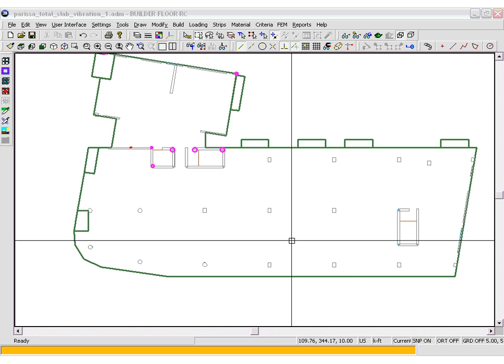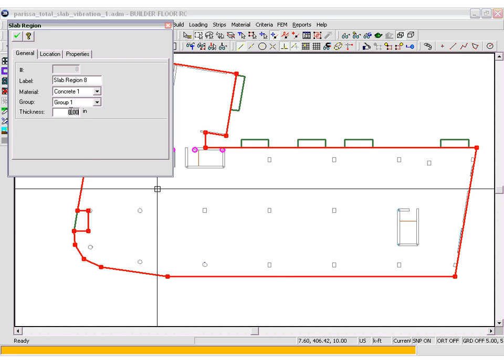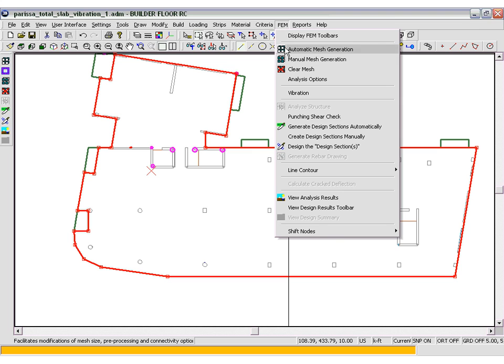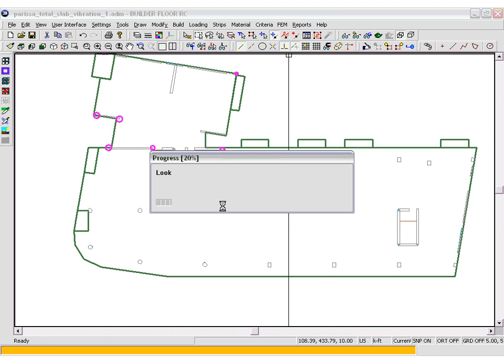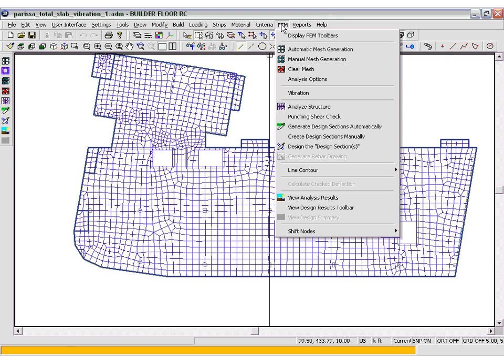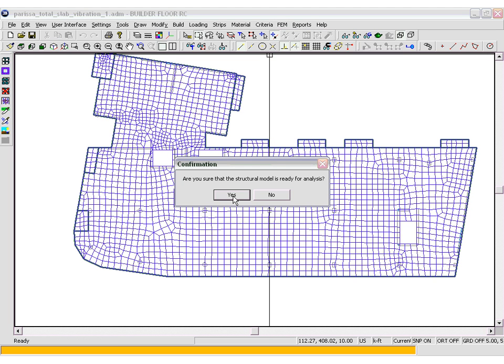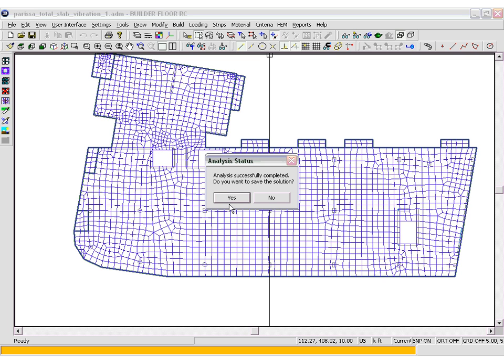Going back to our original model, we're going to select the slab and we're going to increase the thickness from 8 inches to 10 inches. We're going to select FEM, Automatic Mesh Generation once again, and we're going to analyze the slab. So we'll go to FEM, Analyze Structure. We'll now select Yes,